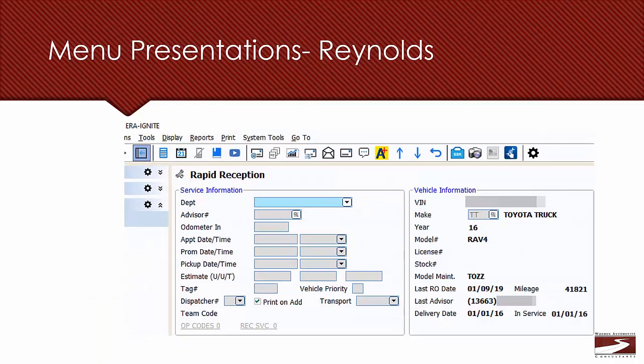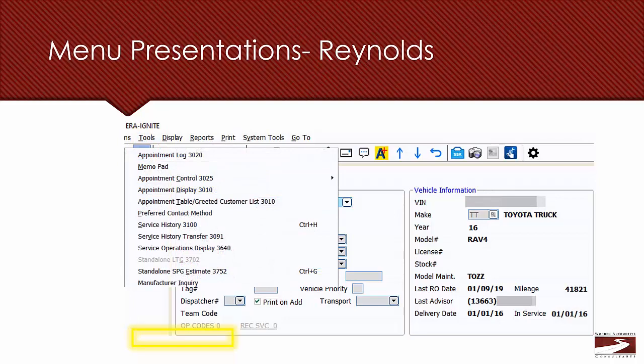If the advisors don't want to use Service Sales Kit or don't have it, they can still get this SPG by clicking on Tools in the top bar and selecting Standalone SPG, and it works the same